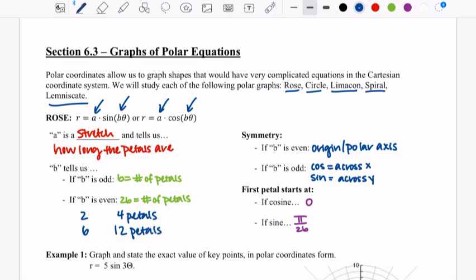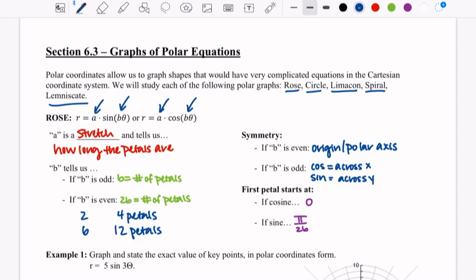That B value also tells us the type of symmetry we're going to have. So if B is an even number, we're going to have polar or origin symmetry, so reflection over the origin. But if B is odd, depending on the function, it has a different type of symmetry. If B is odd and we are talking about cosine, we're going to have reflection across the x-axis. And if B is odd and we're talking about sine, we're going to have that symmetry across